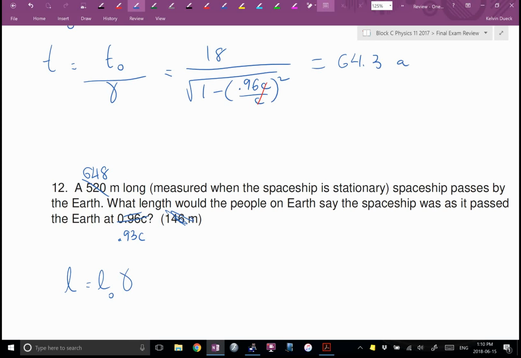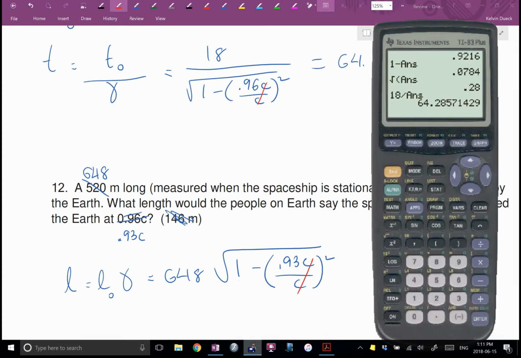They asked me to find L, so it's going to be the original length times the square root of 1 minus 0.93 C over C, all squared. Do you see, Christian? Do you see? Do you see? What do you see? And so if I'm going to type this in, I'm going to go 0.93 squared, 1 minus that, square root of that,